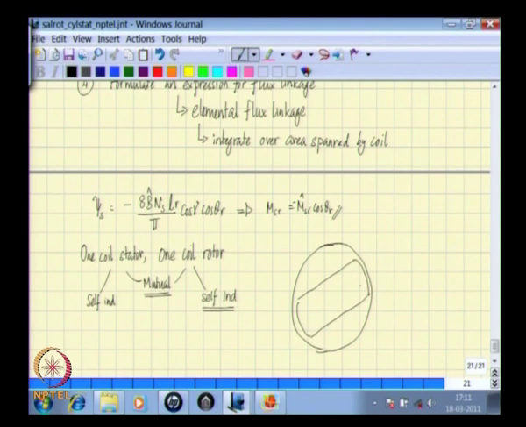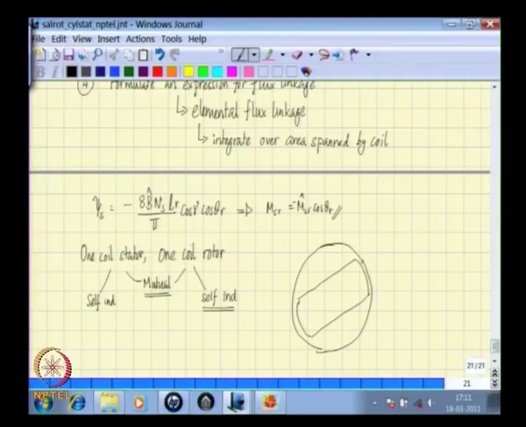Now, if the rotor is excited and the rotor were going to rotate, the flux generated by the rotor would be independent of where the rotor is. It always sees a constant air gap along this region, and we already know that there is not much flux that is available in the air gaps, and therefore